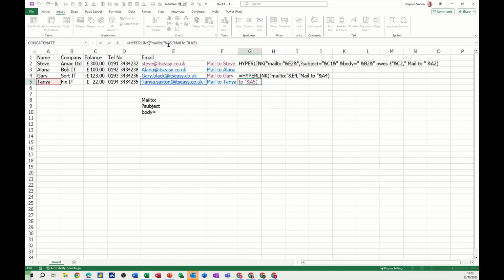So after I do the mailto and then concatenate, in this example, E5, after the E5 I need to get my mouse there, do another concatenation symbol, and then a quote because I'm going to do a text, and then I want a comma. And now to put the subject option in, you need a question mark and then subject. So question mark, the word subject,